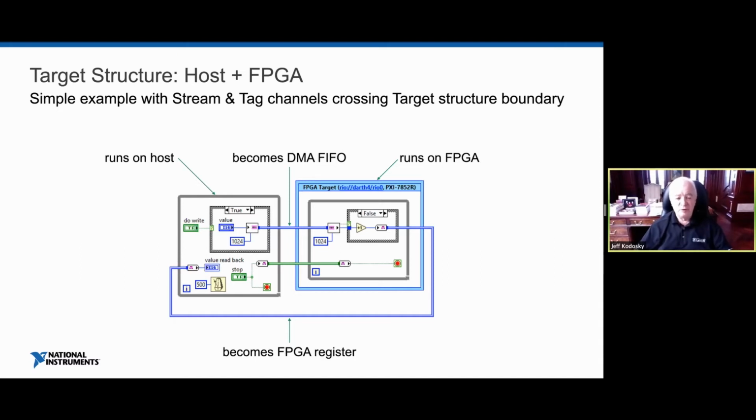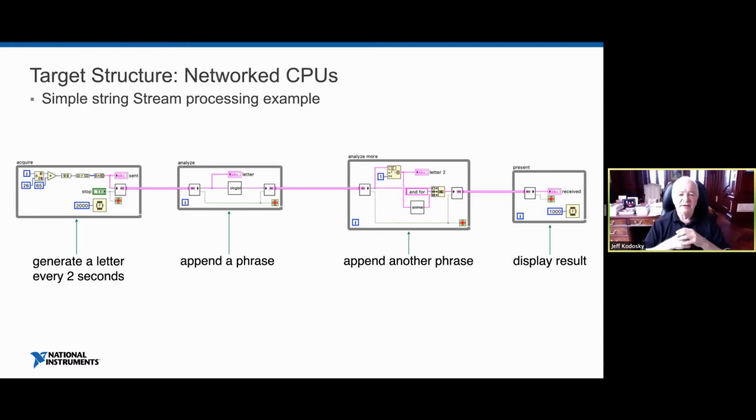I've been focusing, on the other hand, on looking at the networked CPU case. And so I'm going to illustrate that with this little example that I created. That's a simple stream processing example again, where the loop on the left here generates a letter each 2 seconds. And then the first loop appends a phrase, second loop appends another phrase, third loop displays the result. And what I want to do is